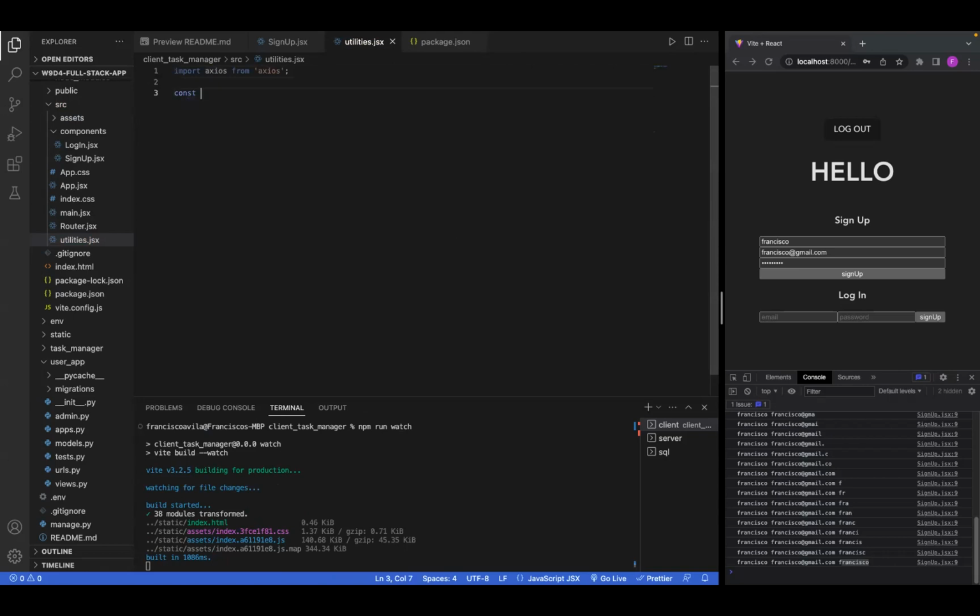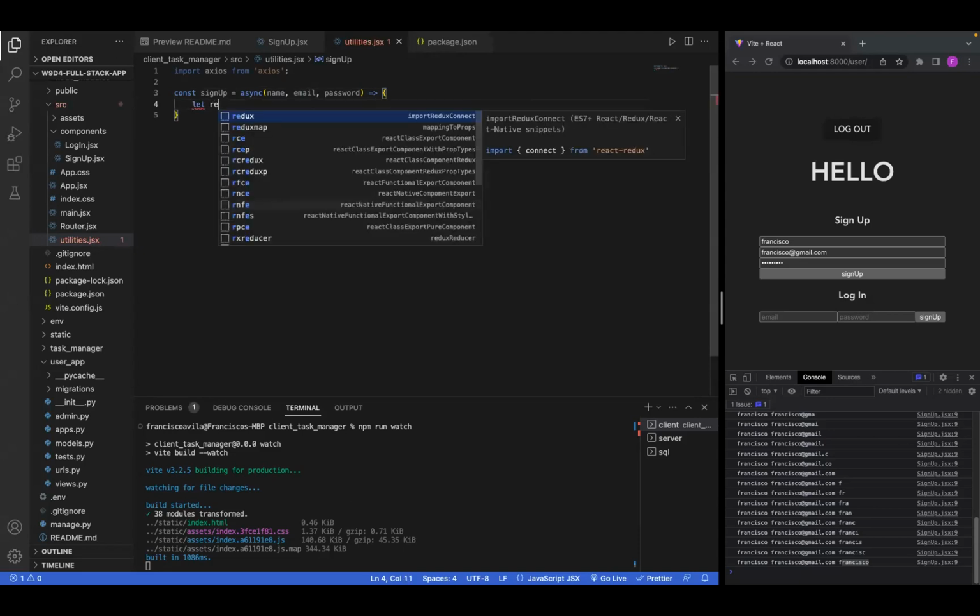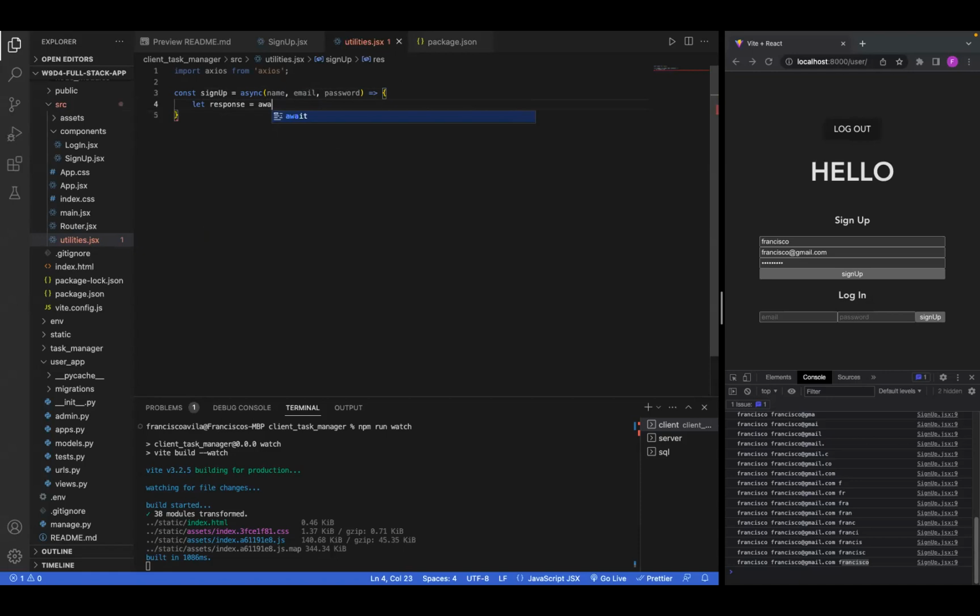Okay, so now let's have const signUp. Let's make that equal to this variable. And actually what this is going to do is it's going to take in a name. It's going to take in a password. And it's also going to take in an email. This is also going to be an asynchronous function. And all I'm going to do here is I'm going to go ahead and say let response be equal to await